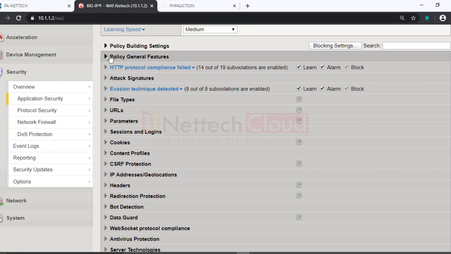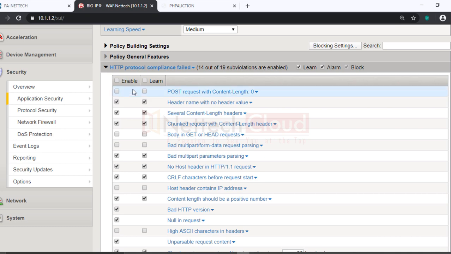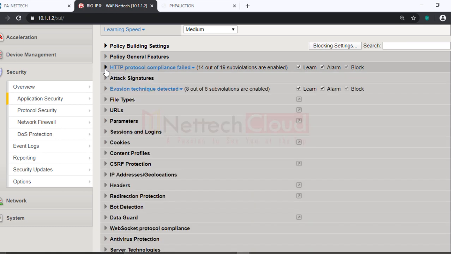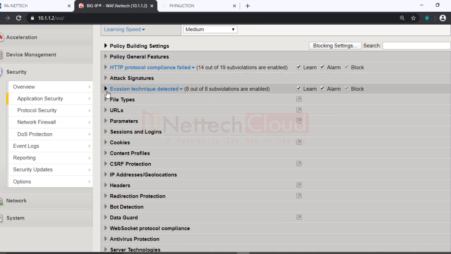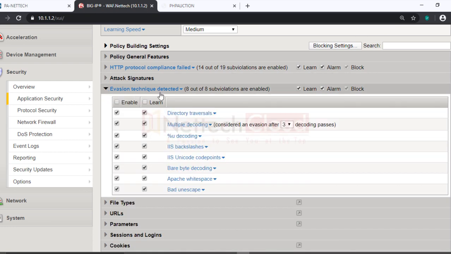So here, if you look at the web application firewall, there is HTTP protocol compliance, what should be allowed and what should not be allowed. Apart from that, different attack signatures and evasive techniques detected.